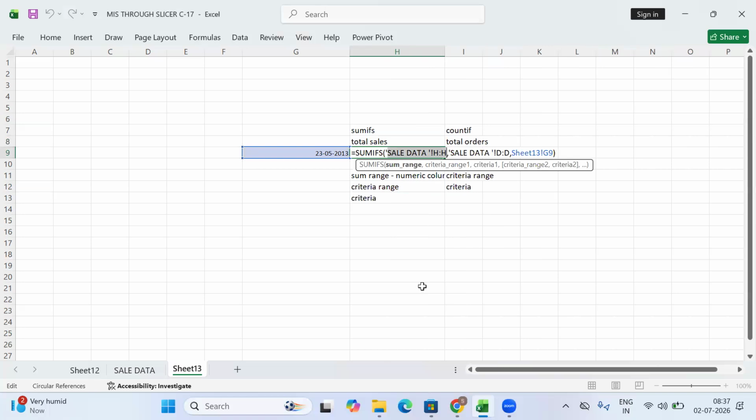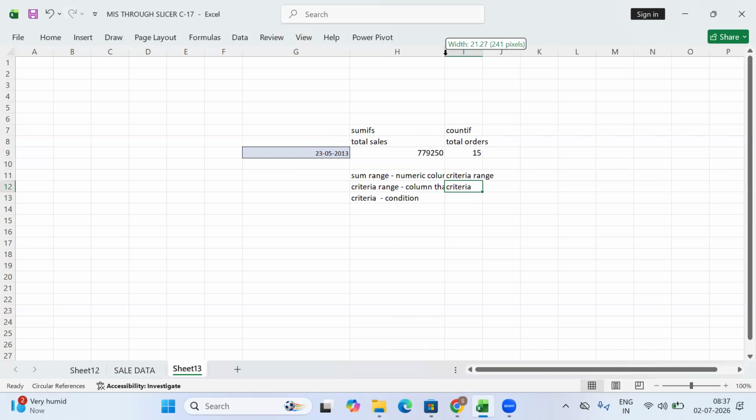Then we selected two more: one is the date column, the criteria range. Why the date column? Because my condition is the date. So we need to select the column that contains the condition. Clear? So this is the condition.